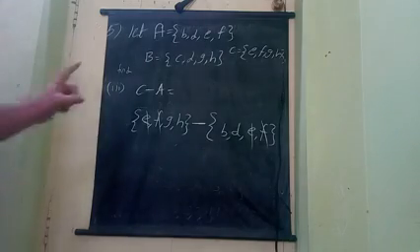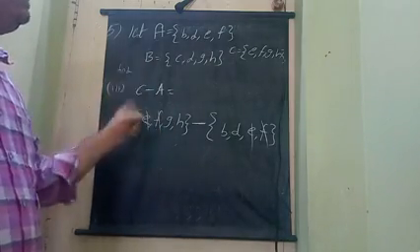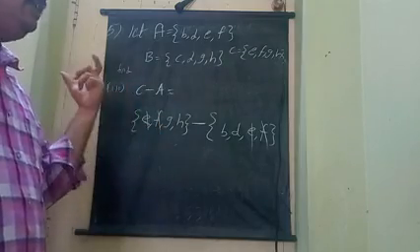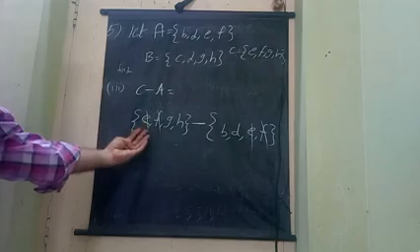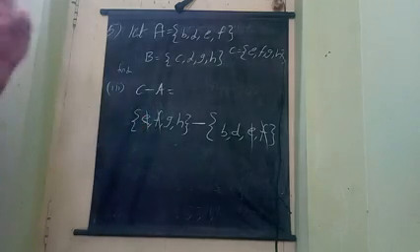What is called difference? Difference means remains in first set. What remains in the first set? In the first set, total 4 are there. Out of 4, how many remain? 2.